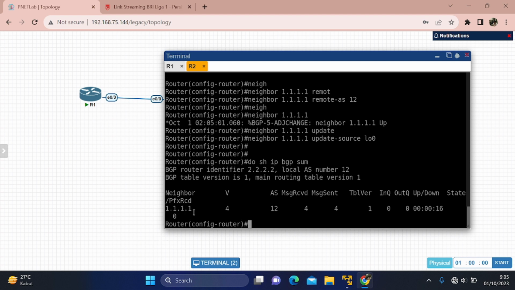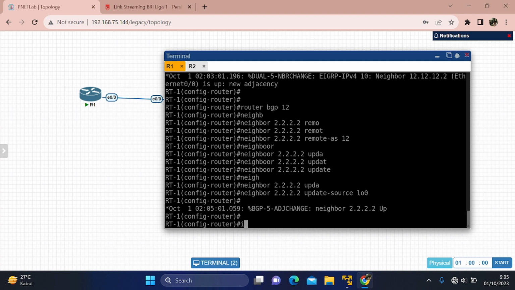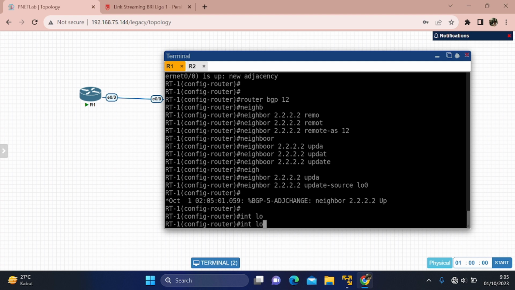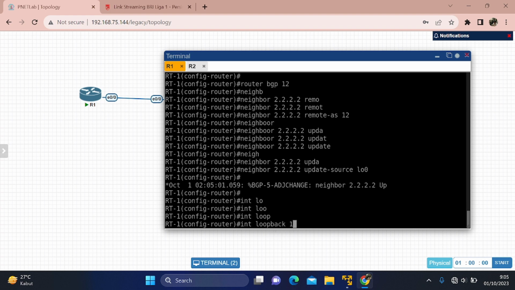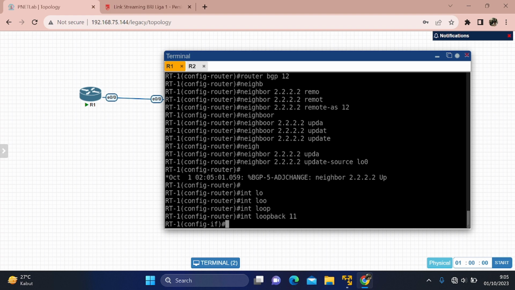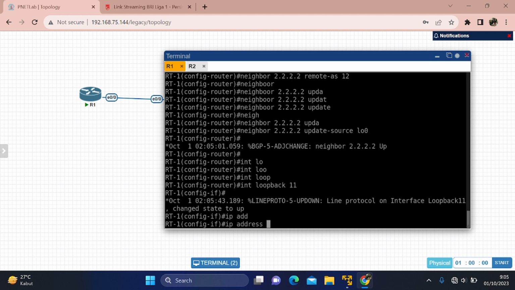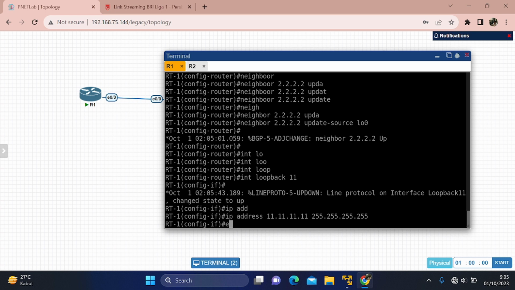Here the IP loopback has been created, and we must create another IP loopback and advertise it to BGP again. The configuration is interface loopback 11, and then the IP address is 11.11.11.11, and then the mask is 255.255.255.255, and exit.